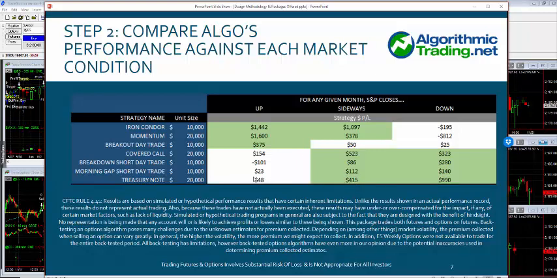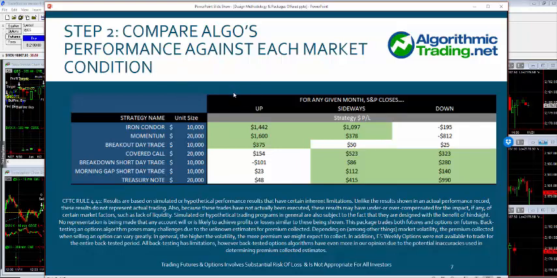When the market's going higher, the Treasury note doesn't do that good. It still averages $48 per month, but that's pretty much flat. So it might have a winning trade here and there, or it might just be on the sideline. But to summarize this slide,